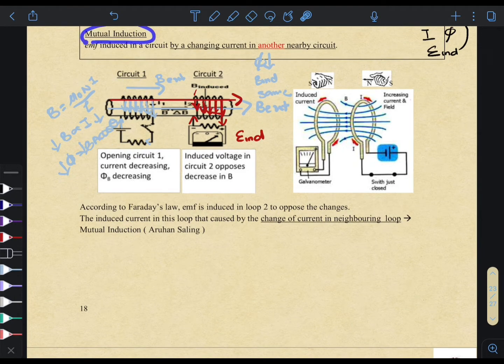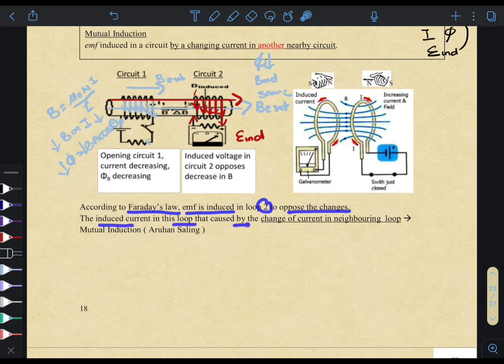Okay, so this is what is known as mutual induction, iaitu to produce EMF in another circuit disebabkan oleh perubahan dalam one circuit. Okay, perubahan dekat circuit satu, tapi EMF yang kita induce adalah dekat circuit yang kedua ini. The same thing akan berlaku untuk you're using the coil lah. Konsep dia masih sama. So according to the Faraday's law, EMF is induced in the loop 2 to oppose the